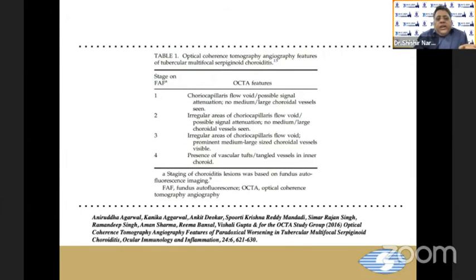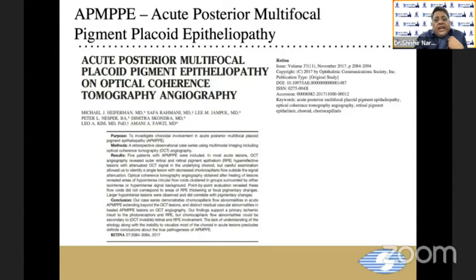And Anirudh has been working extensively, and his group at PGI, where he was earlier, have actually staged the tubercular multifocal serpiginous choroiditis into 4 stages based on the fluorescein angiography, autofluorescence, and also on the OCTA findings. Then looking at AMPPE,